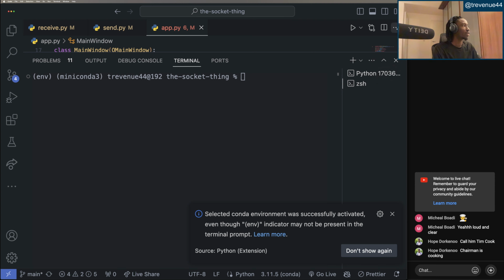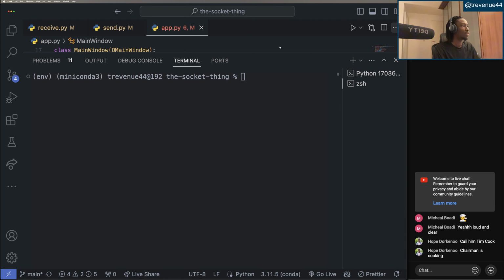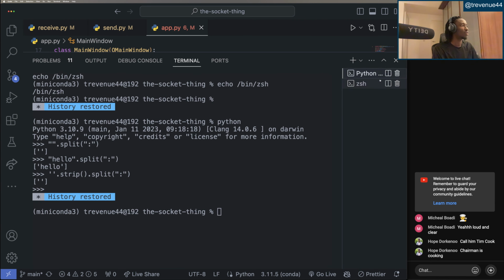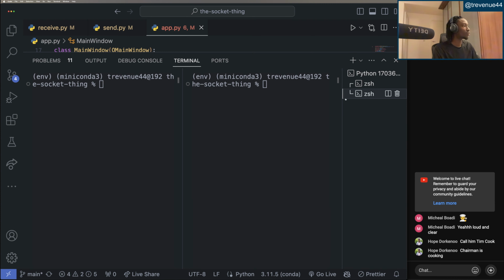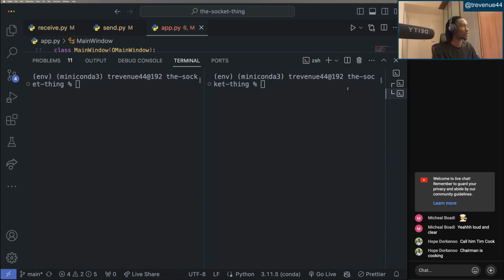I don't think I can do. Can I? Fine, we'll work with it like that. Anyway, if you open a terminal, right now, two terminals here. Let's put it side by side because why not? Make this a bit smaller. Right, so if I do a Python